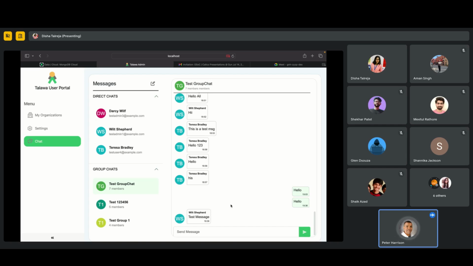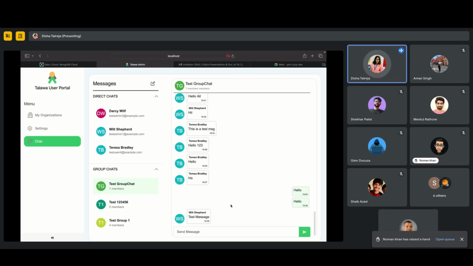Or is it such that the direct chats just scroll in that top section and then the group chats scroll in the bottom section? Yeah, currently we don't have that, but yes, we can implement it. We can make the direct chats only scroll in this particular section. And we can also have a combined section, like only a single section for both of the chats. We can do both of the options.